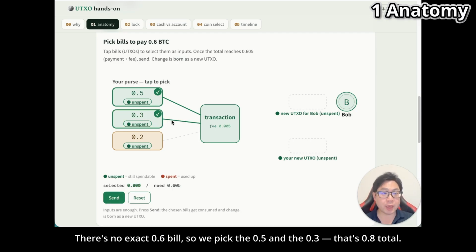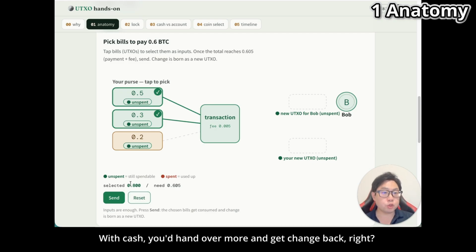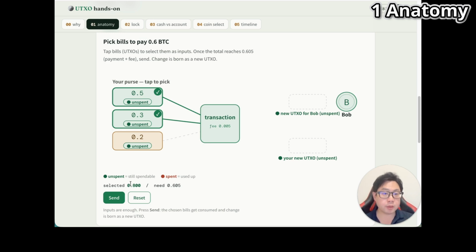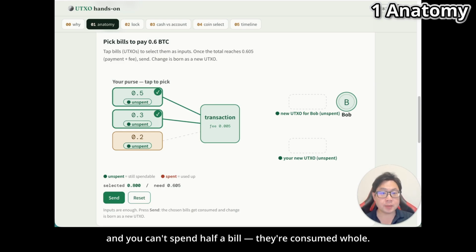That's 0.8 total. With cash, you'd hand over more and get change back, right? UTXOs work exactly the same way. The bill you pick becomes the transaction's input, and you can't spend half a bill. They are consumed whole. So when we send,